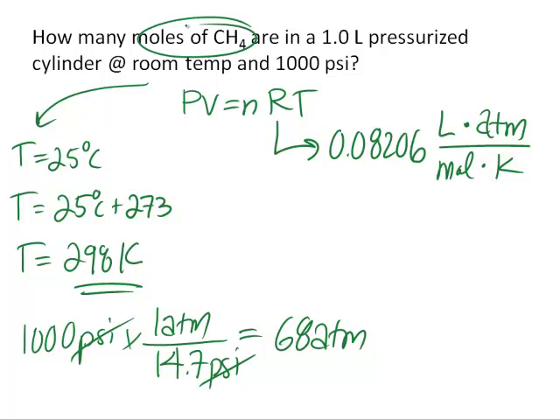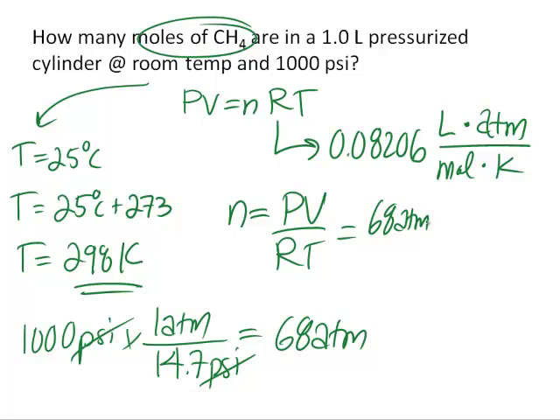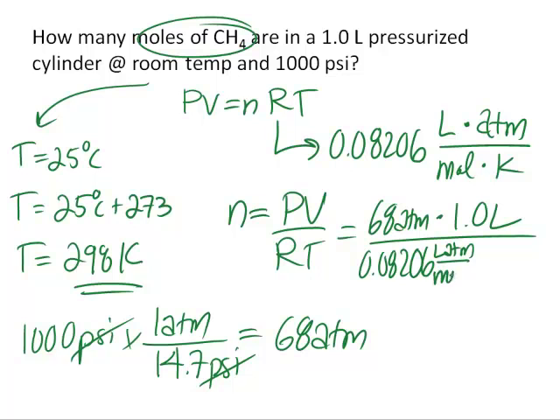Okay, we're after moles, so we're going to solve for n equals PV over RT. Our pressure is 68 atmospheres. Our volume is 1.0 liters. Our ideal gas constant is 0.08206 liter atmospheres per mole Kelvin. And then our temperature is 298 Kelvin. So throw that into our calculator and we're going to get